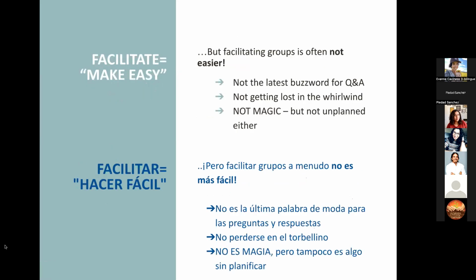So I always have to put this up because if you speak Spanish, facil makes a lot of sense. Facilitar, right? Facilitate means make easy. So again, if you think of it as the midwife, you're making something easier to happen. But facilitating groups is often not easier. If you are in that role as a facilitator or a facilitative leader, as opposed to a hierarchical leader, it's actually much harder to facilitate a group than it is to simply come in and direct and say, okay, this is what has to get done. How are we going to do it? Okay, you do that part, you do that part, right? Which can be very efficient,